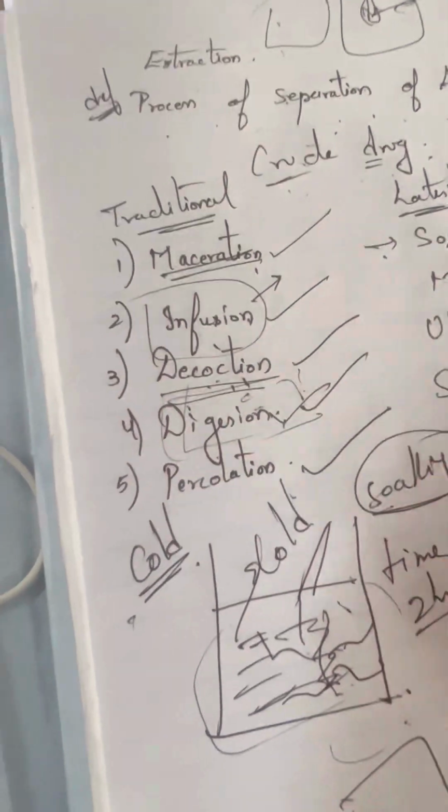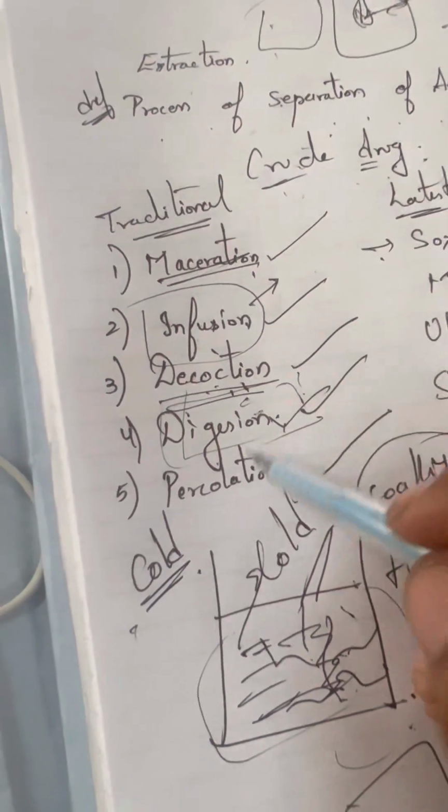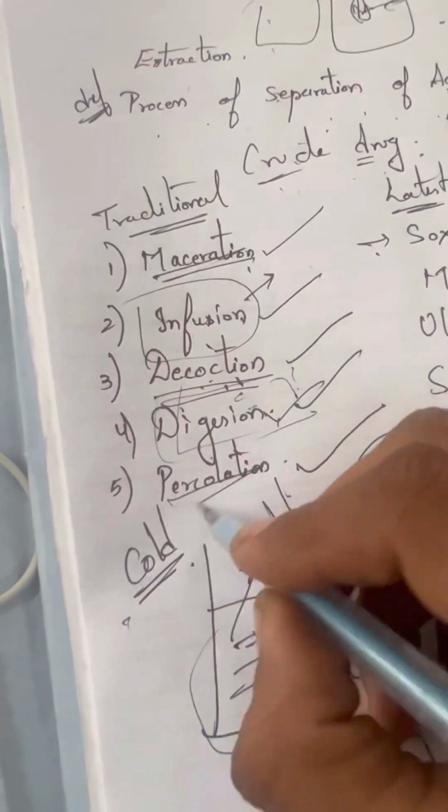In digestion we are taking a warm solvent system and adding it to the crude drug. And finally, when we go for percolation, this is